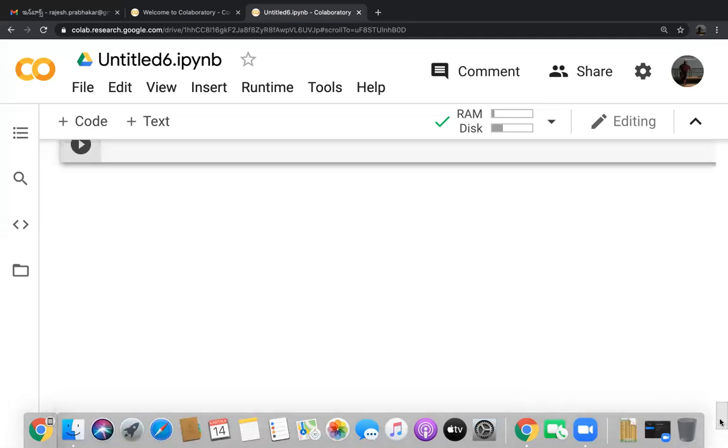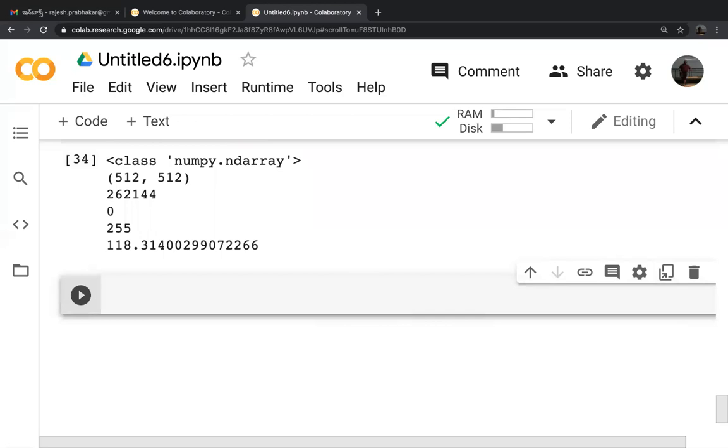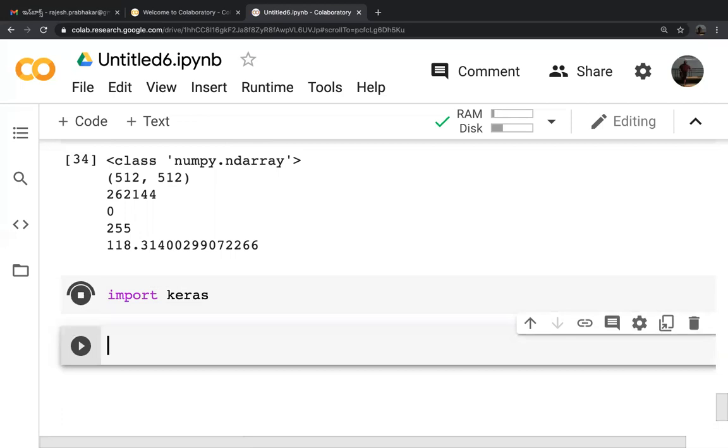Okay. Now let us do an actual image processing example. I want to take you through an actual image processing example. Import Keras. Keras is a package for deep learning which uses TensorFlow. Keras is a deep learning library, both in R and in Python, and Keras uses Google's TensorFlow as the backend. It converts the arrays into TensorFlow tensors, and then it will process them.